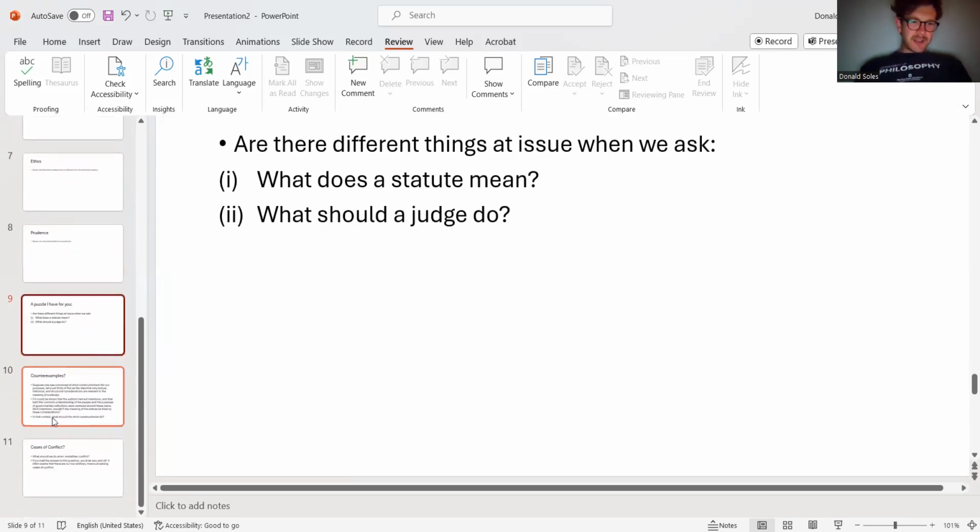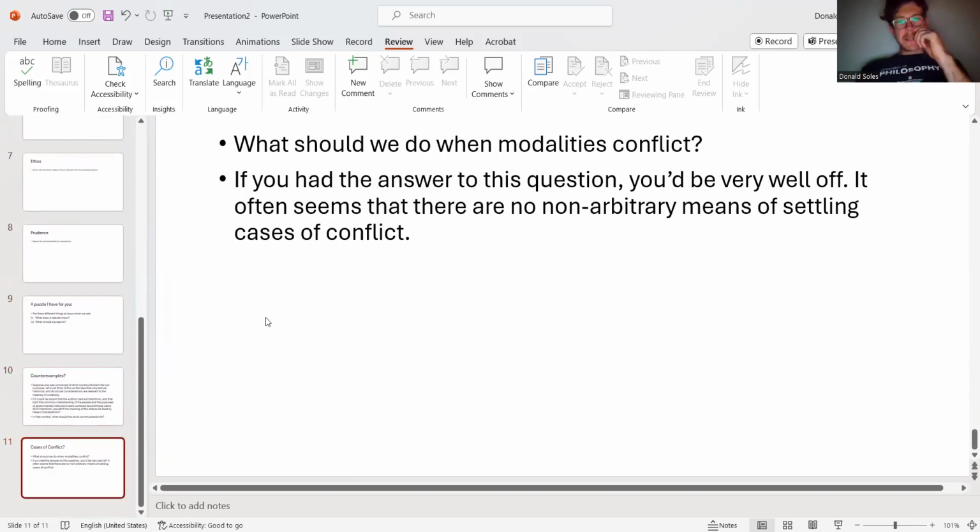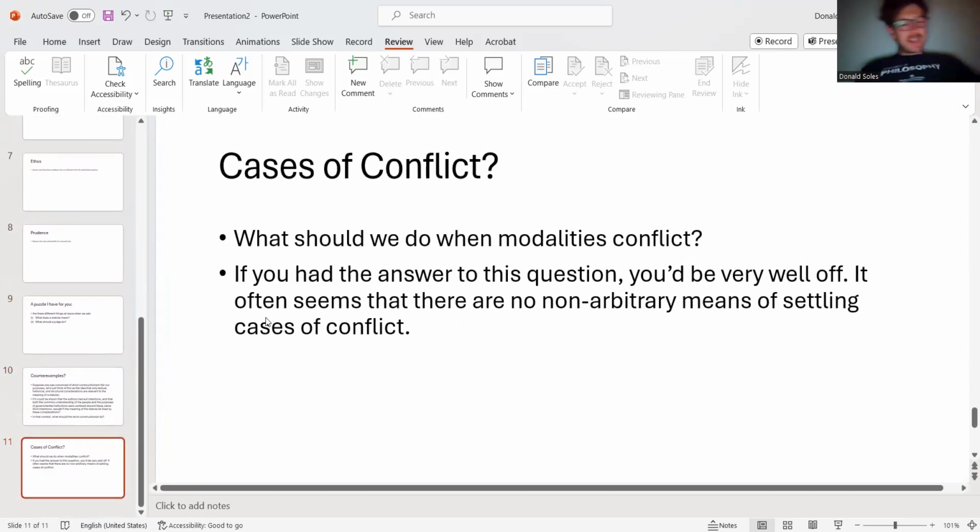Another thing that we should think about just as we close is what should we do when these modalities conflict? So suppose, once more, the author's intentions tell in one direction, but they've written something that nobody would understand to be that which they've intended, right? Suppose the authors intended to say that only a musket could be owned, but the way they've written it is so ambiguous, no one would draw that conclusion, right? Something like that. Then what do we do when these cases conflict?